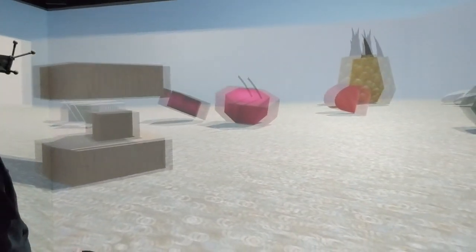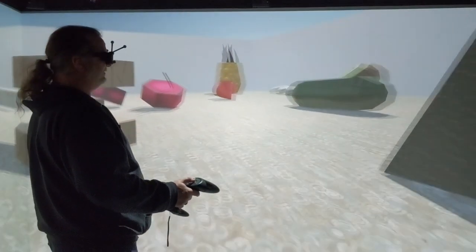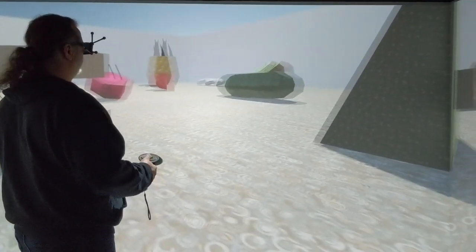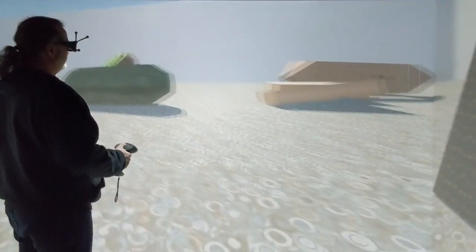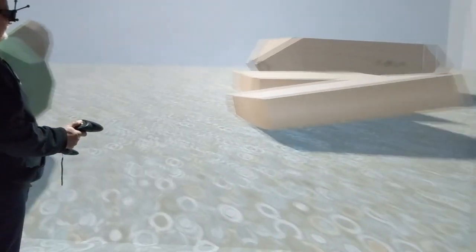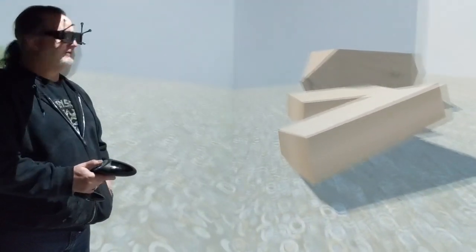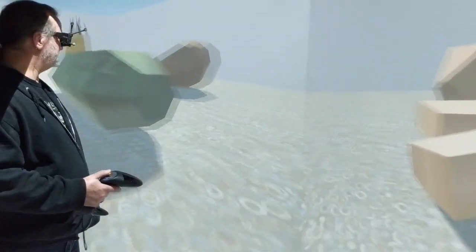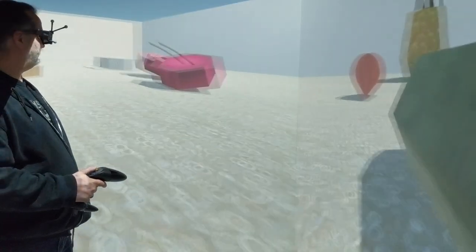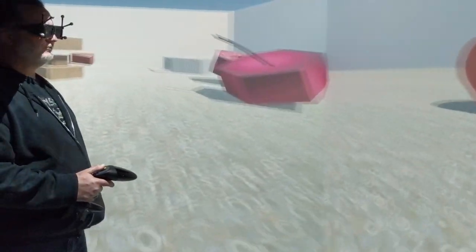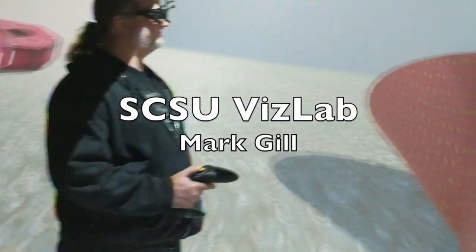So another collaborator that we work with quite frequently is Dr. Bill Gorsica in the art department, and he's teaching courses in the Unity game engine. And this was student work from one of his digital art, game design and modeling courses. So each one of the students had to envision a geometric piece of fruit or food. So we've got things like strawberries, pineapple,